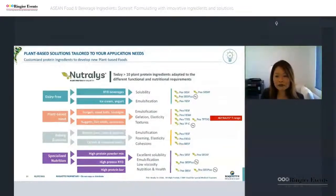The Nutralys pea protein range is a range of plant protein ingredients derived from peas and more recently fava beans. At this present time, we've got a textured vegetable protein that's derived from fava beans. The result is a trusted, clean tasting and nutritious high quality protein. The range offers dedicated and easy to use ingredients suitable for a wide range of applications. Sustainability, value-added functionalities, and nutritional benefits are part of the Nutralys solution. Today, we have more than 10 plant protein ingredients that can be applied to different applications depending on the functional